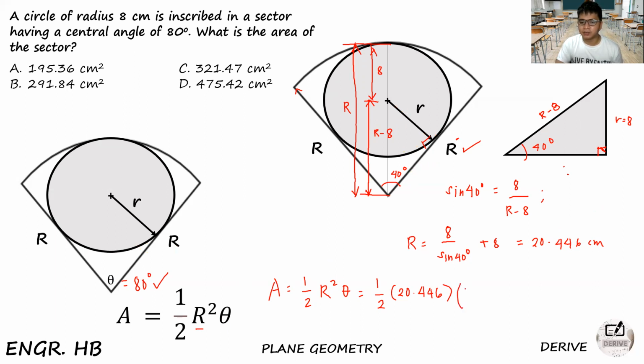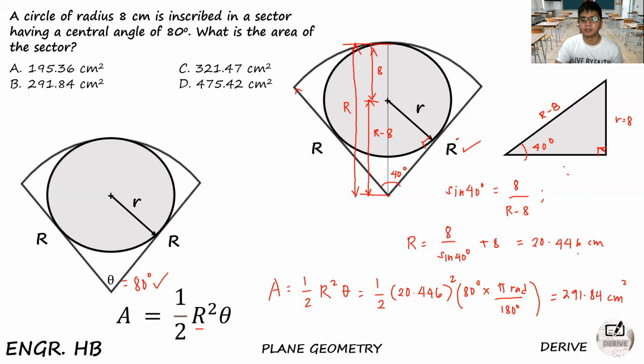So 80 degrees, and it should be converted into radians. So 80 degrees multiplied by pi radian. So in every 180 degrees, there is a pi radian. So, ayan. So this is squared pala. So the answer should be in square centimeter, kagaya ng nasa multiple choice. So wala tayong problema sa conversion. So 1/2 times 1/2 times 20.446 squared times 80 times pi divided by 180. And the answer is 291.84